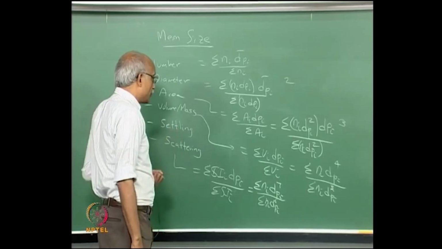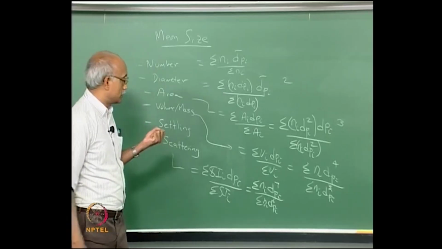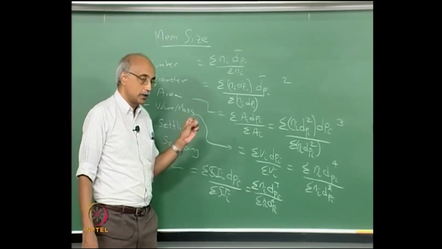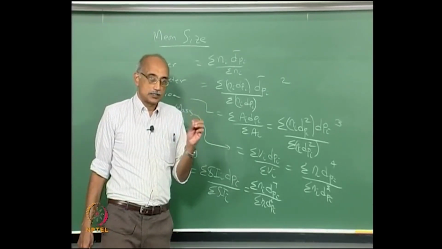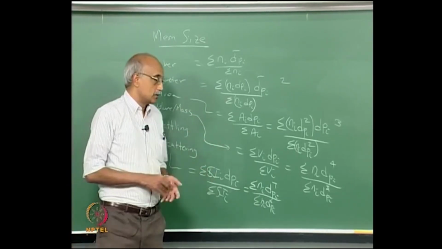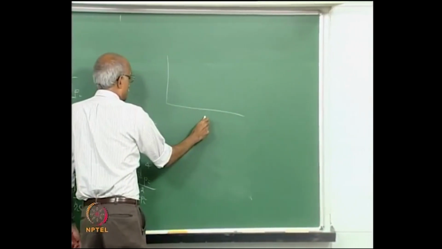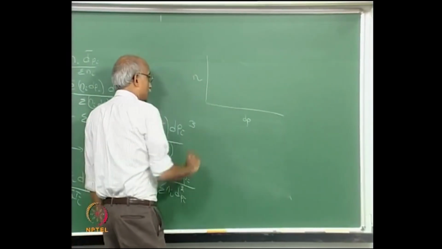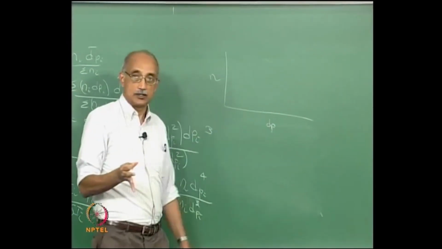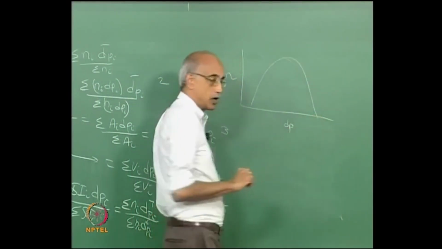For example, if your population has a number of particles that are large in diameter, and the number of particles that are smaller in diameter is, let us say, correspondingly lower, then let me sketch this. Suppose that you have a population, let us say this is dp versus n, and the population is such that you have two populations with the same mean diameter, number mean diameter, but in one case the population, let us say, is normal,